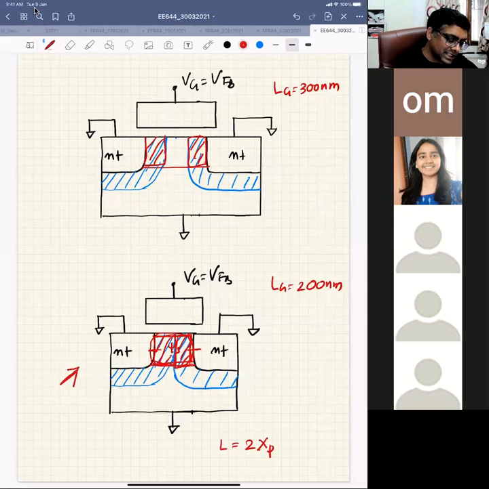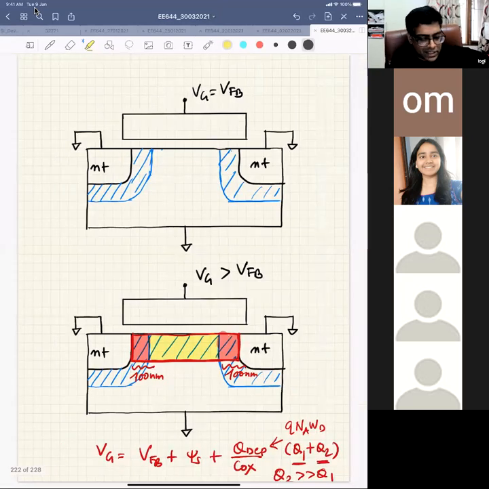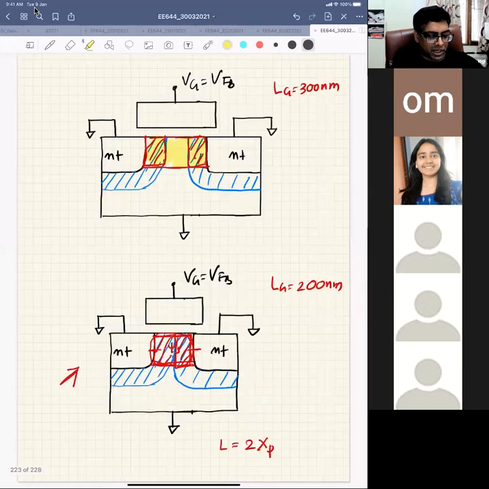If you look at this case here, you see your channel length has reduced. If I go to the earlier part, this is a long channel transistor, so the channel length is higher. This yellow part is controlled by the gate, and the red part is controlled by the drain. The yellow part is much higher, so the contribution of the red part to the total gate charge is less. But as you go on reducing the channel length, the contribution of source and drain will slowly increase. And when your gate length is very small,